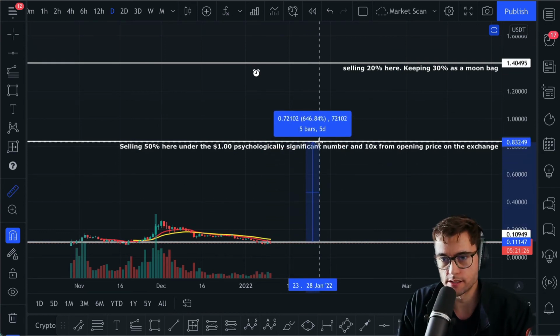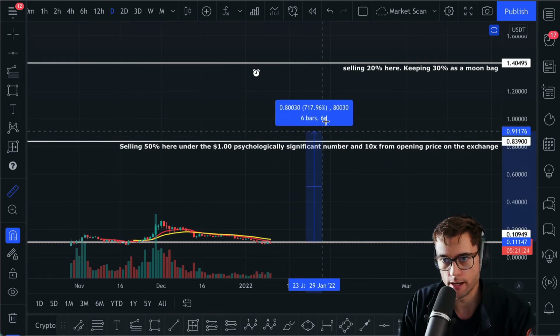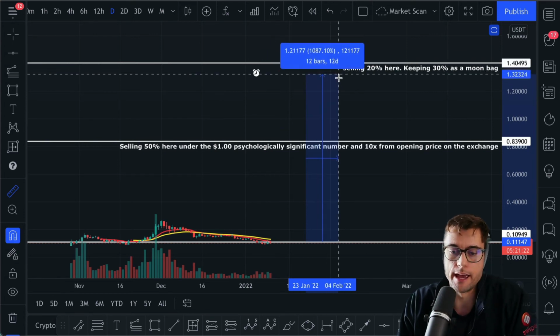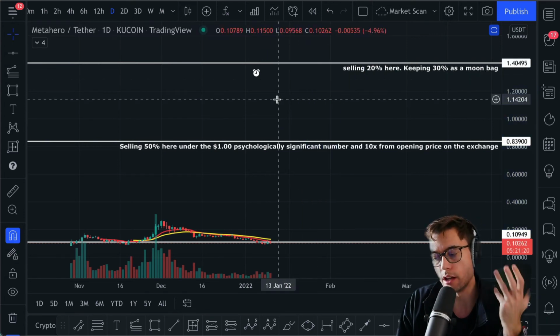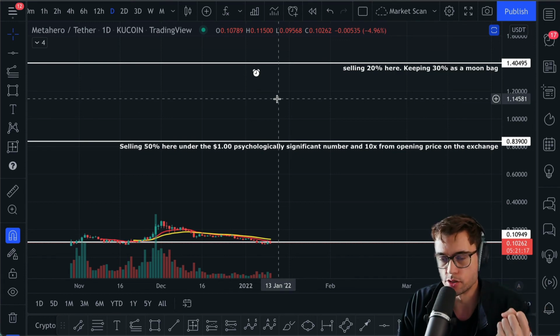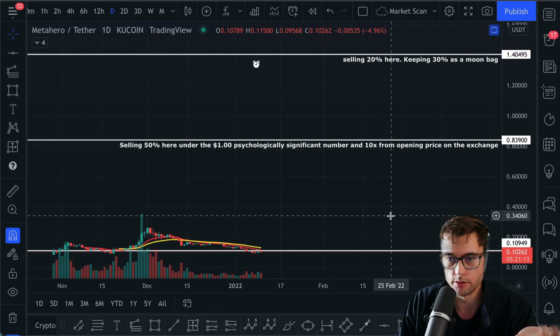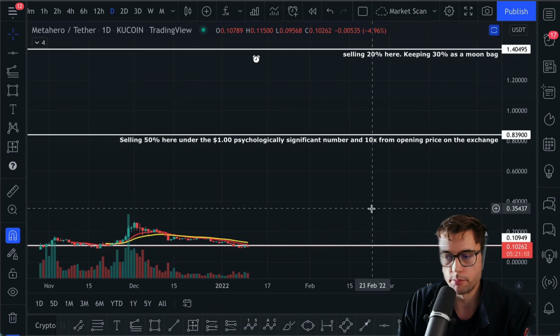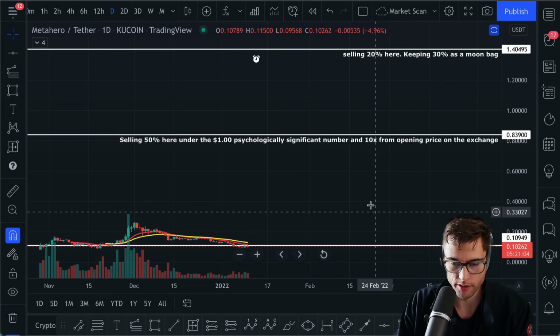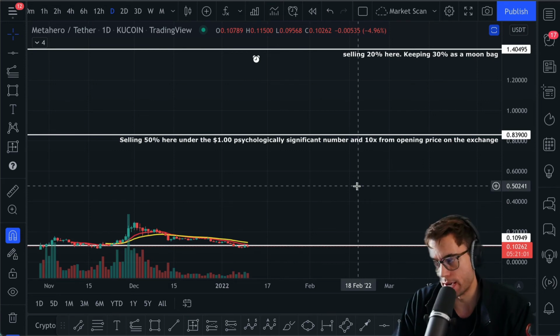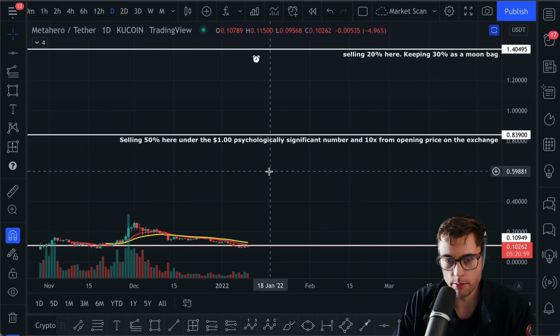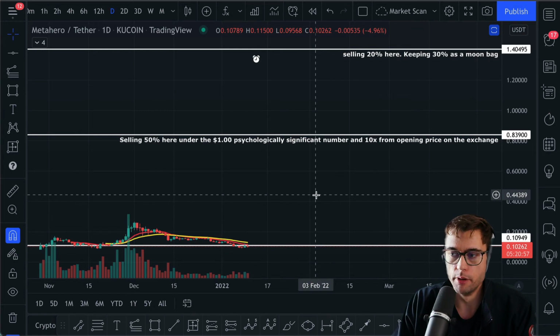So I think that this can easily do a 7x, 8x, and then another, do a 10x, and then potentially if it really catches on and gets a hold of some big names, maybe Microsoft or some 3D companies or some other companies start using the technology that MetaHero has, who knows what could happen with it. So this is like a moonshot bag. Obviously, it's lower down in my portfolio. I don't have as much money in it, but I want to have my money in it just in case